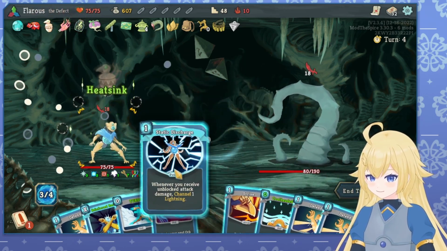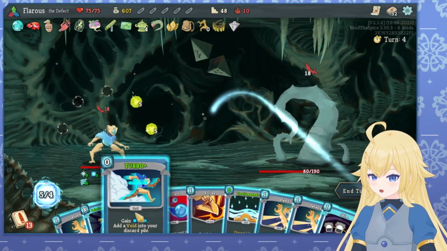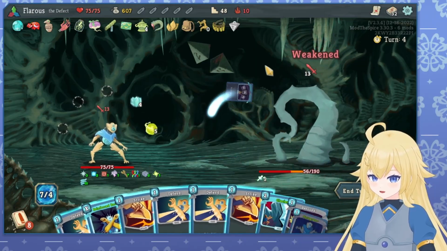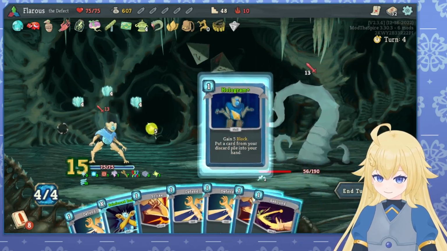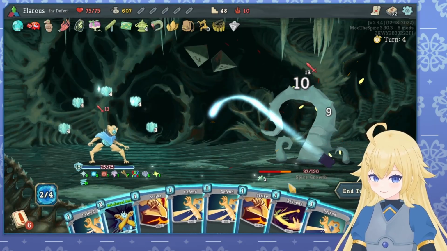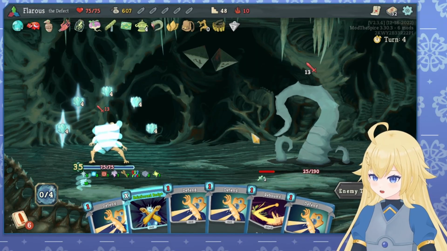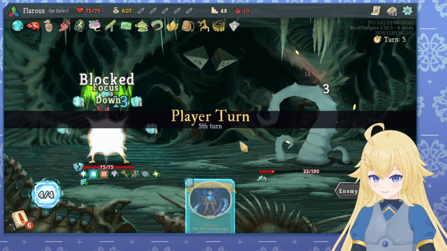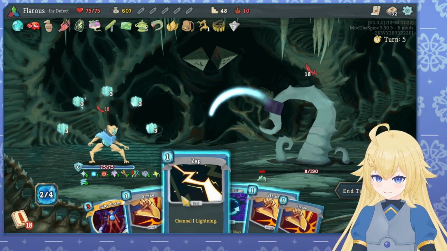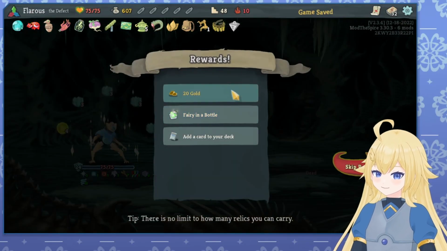Heat sinks. Discharge. Aggregate. Here's our energy. Play our card draw. Draw some more cards. Yep, we're spinning around in a circle. We are circling and circling, and that is what we're doing. We spin and spin and spin. And hopefully the spinning is...